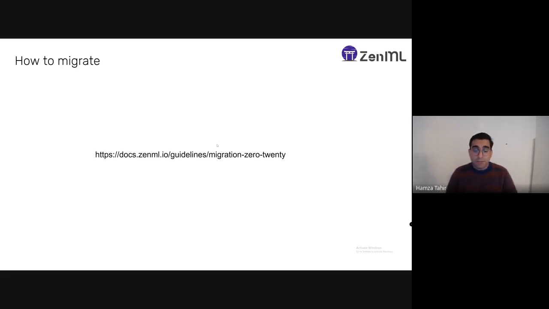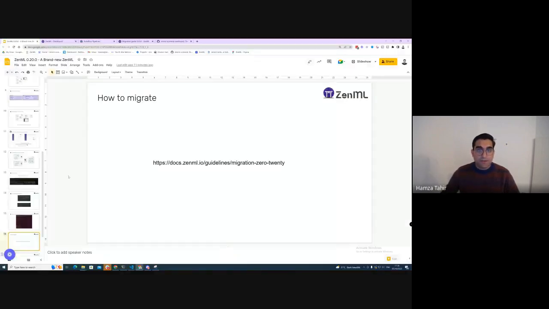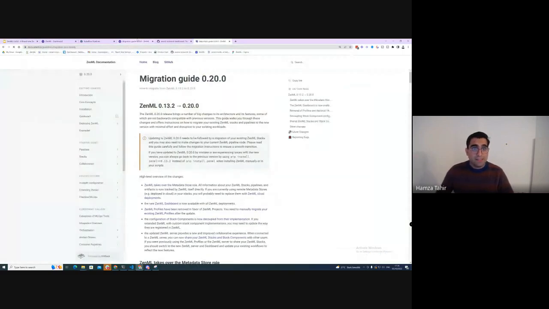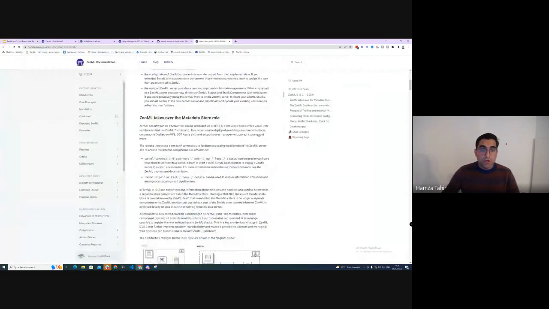The one thing that we do have now is profile migration. Profiles have also been deprecated, which you can read about in the docs. Your profile will be automatically migrated to the new paradigm. But for all the other changes, we have a very nice guide, which is very extensive actually, where we go through all the changes,